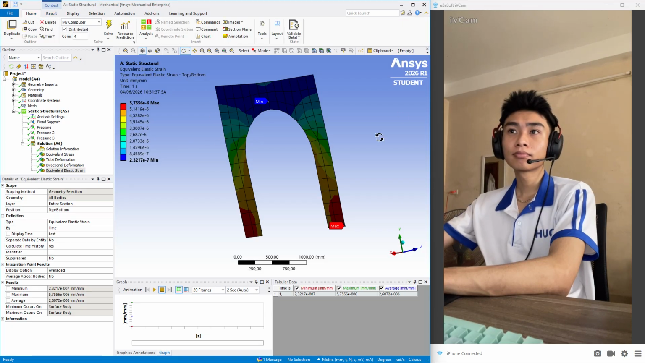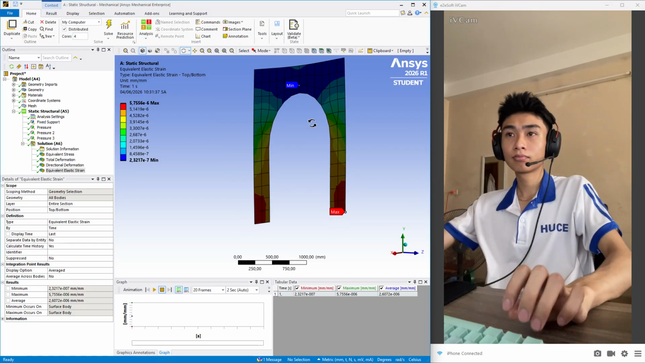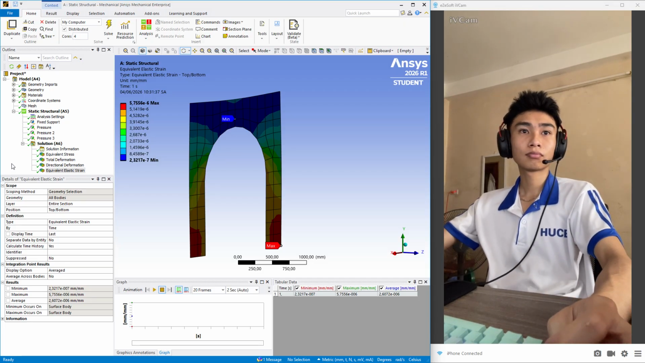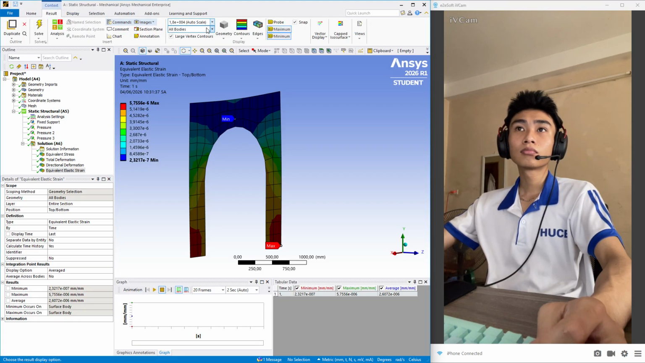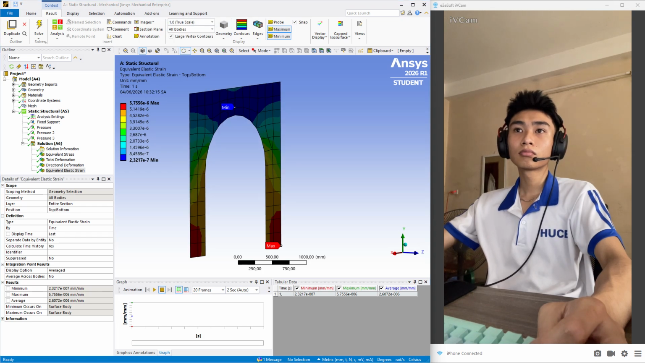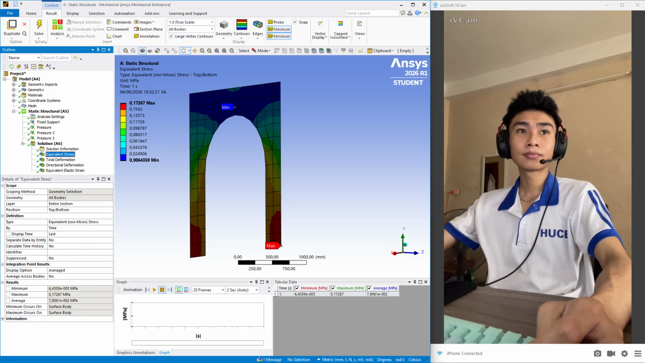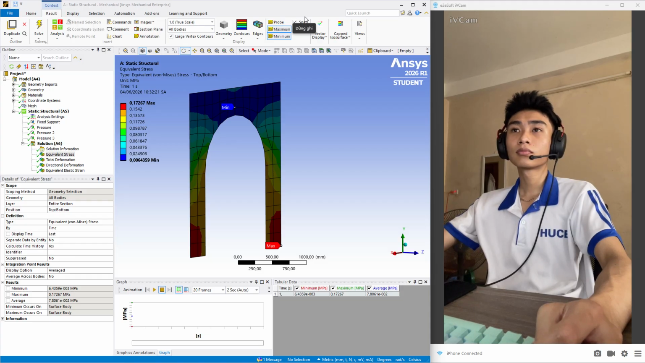See the scaling of this animation of result is not up to mark. We will go for the true scale today. In true scale we can see more perfect result, which are actually we can observe the thing. So first thing is equivalent stress. Equivalent stress is just